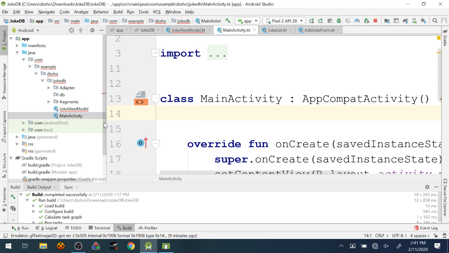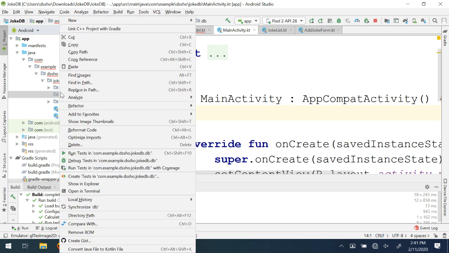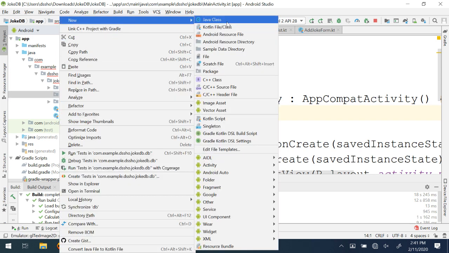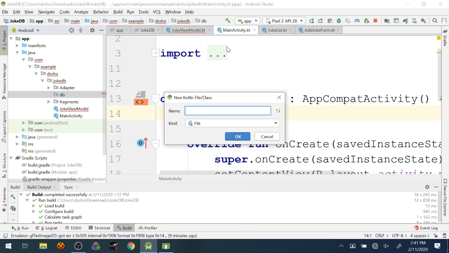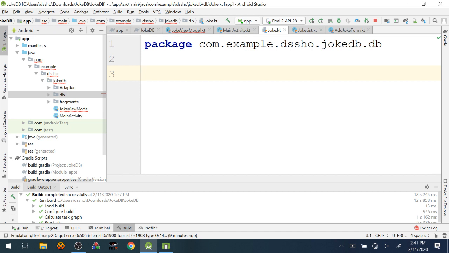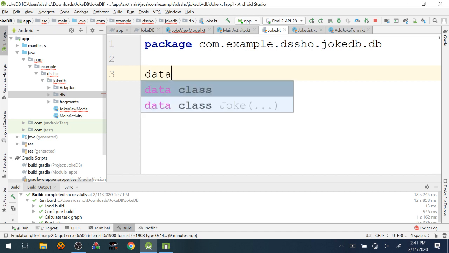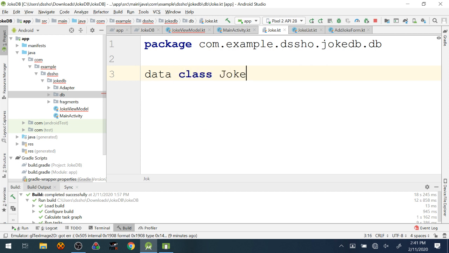So the first thing we're going to do is set up a model. In this project that I've already got set up, there's a folder here that I've made for the database related stuff. I'm going to put a Kotlin class in there for my model, and it's going to be a very simple class. Recall from the API stuff that we did last week that these model classes are typically very straightforward. There's not a whole lot of code required. They're not terribly complicated. A lot of times I can just use a simple data class. So I'm going to make a data class for a joke.